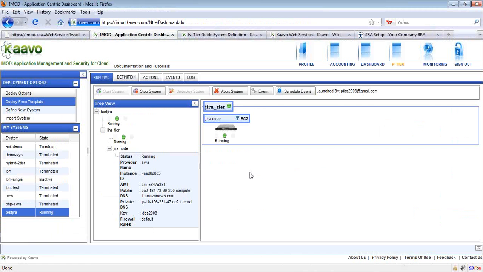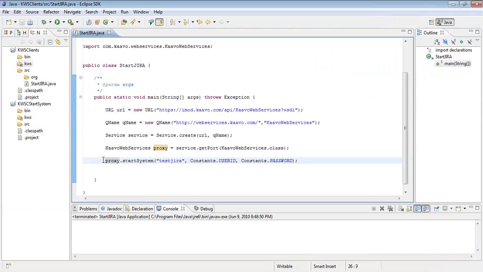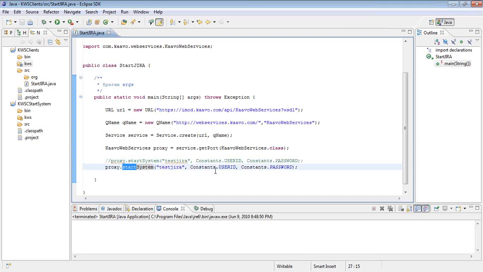So let me do something else. Let me stop this. And that would be simple as well. Just mention stop in place of start.